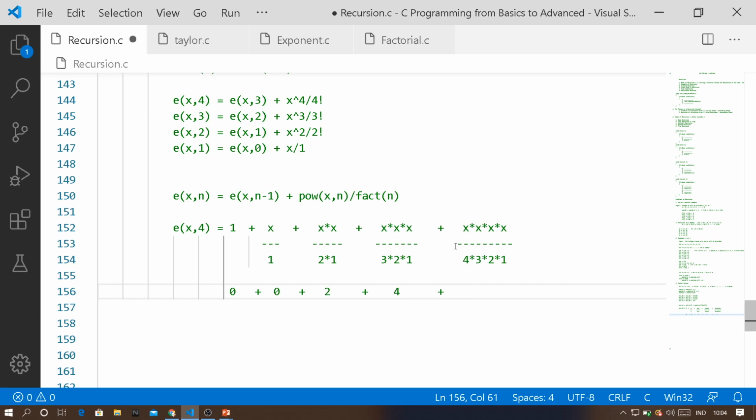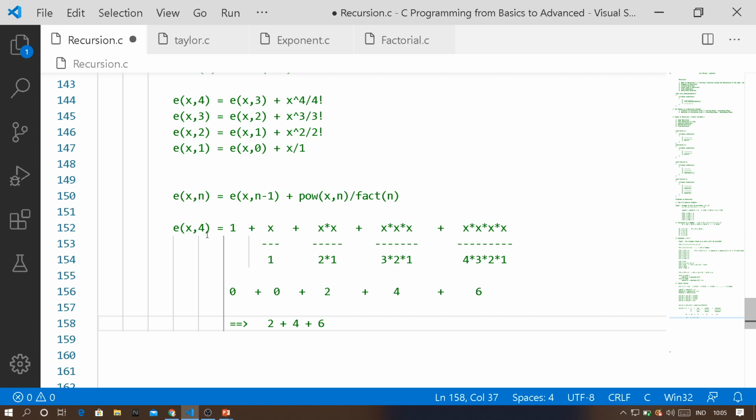Plus in this term, x multiplied by 1 2 3 4 5 6, totally 6 multiplications are taking place, 6. Okay, now let us make a total of it. We can rewrite this as 2 plus 4 plus 6. We can clearly see that there is a pattern, 2 plus 4 plus 6 plus 8 plus 10 plus 12 plus 14 plus 16, and it goes on.